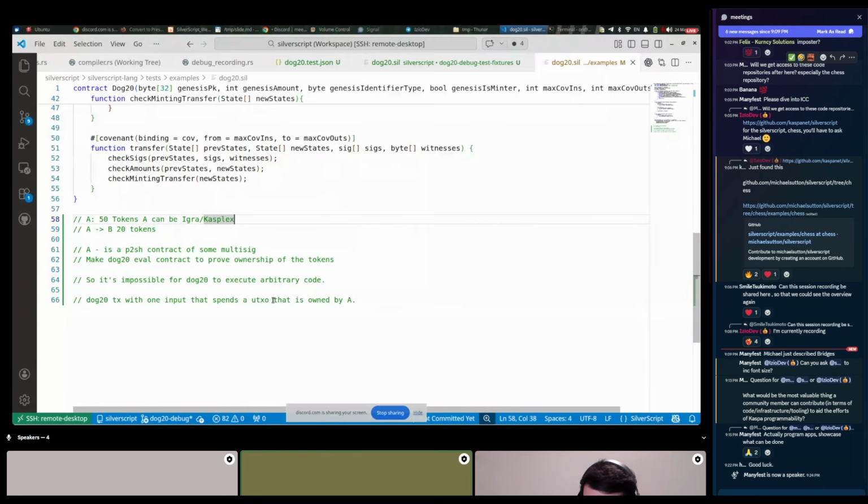So these 50 tokens are represented in the L1 by just one UTXO.